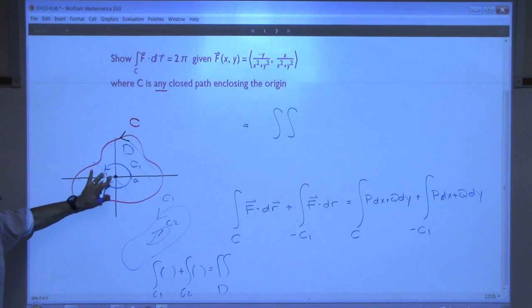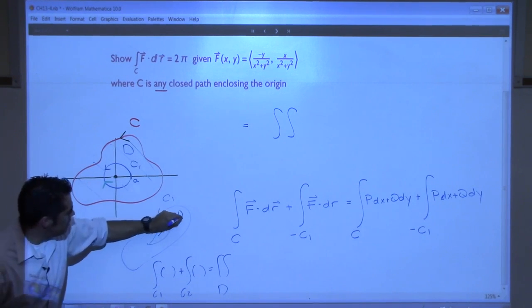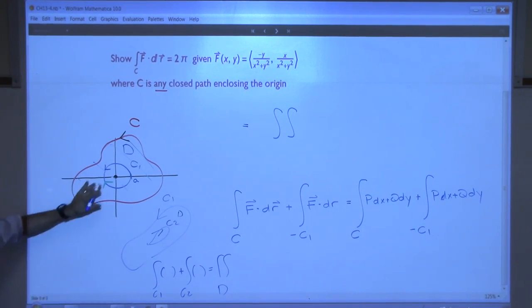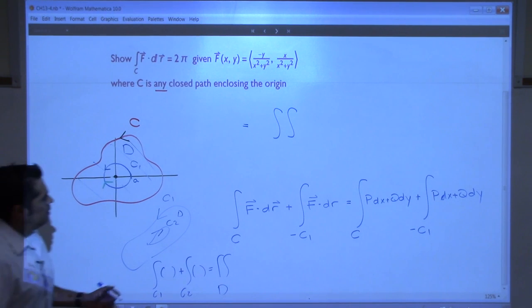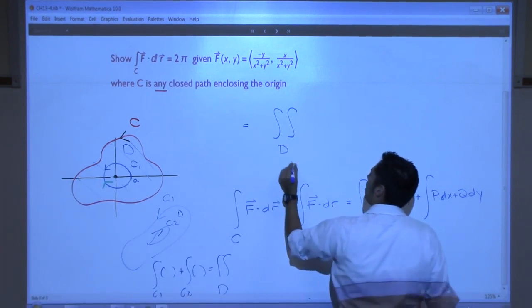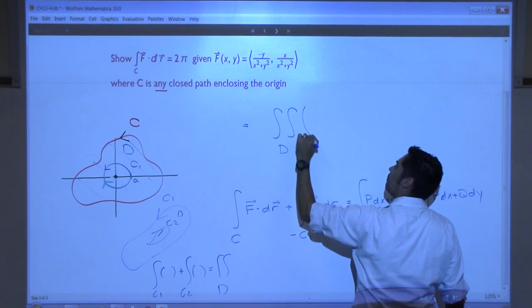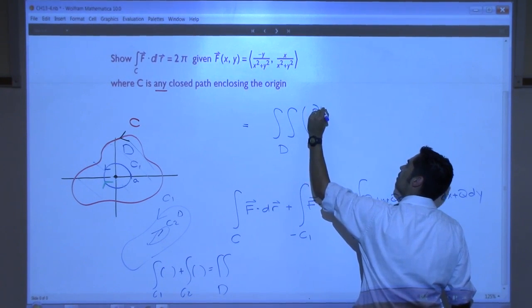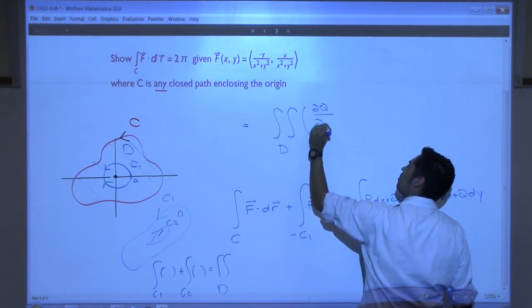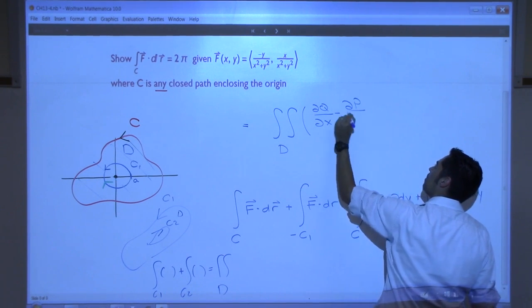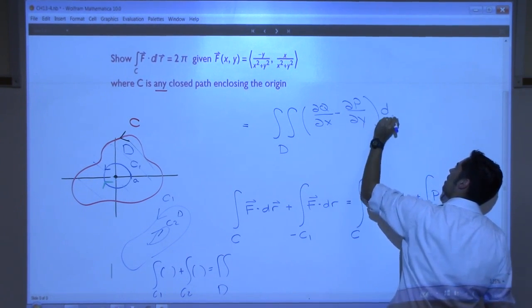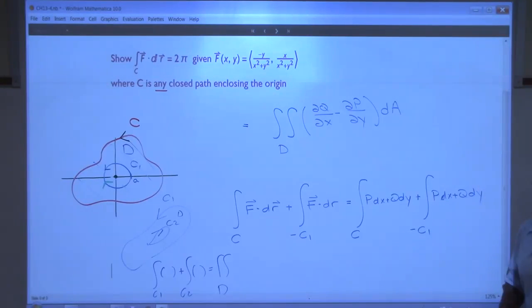Hold on, I did too much. What was D in the last one? D was the region between them, sorry. Yeah, so not including the circle. You all okay with that? Of partial Q with respect to x minus partial P with respect to y, dA. Yes? We're all